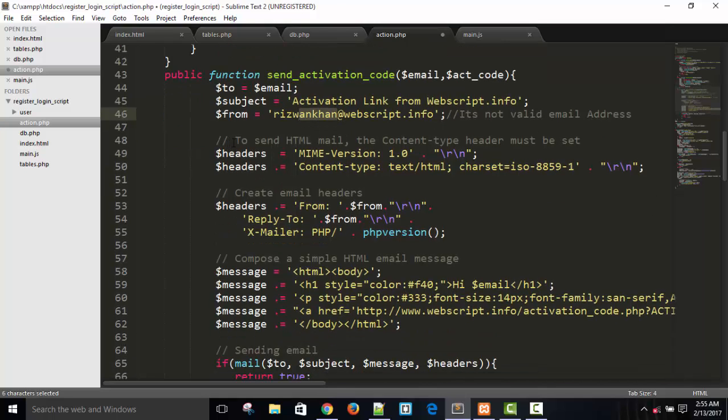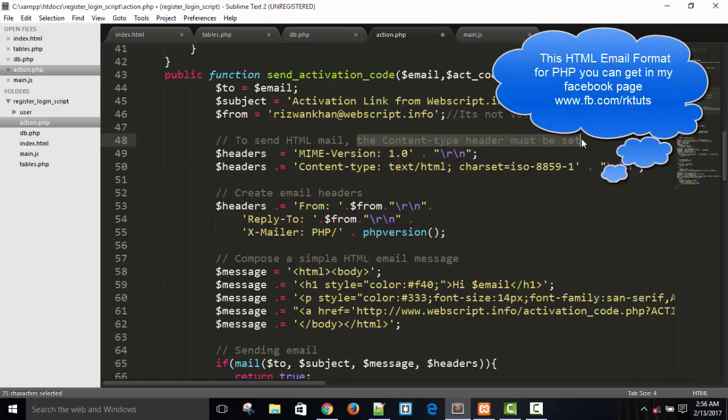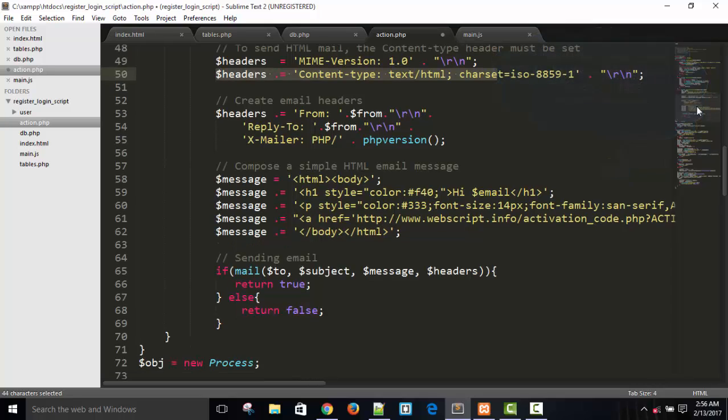Okay, to send HTML mail, the content type header must be set. So to send email in HTML format, we have to set some header values, like you can see here MIME version. And if you want this code, you can comment in the comment section and I will provide it to you. This is the content type HTML. It is just simple. Headers, so here the header is over,